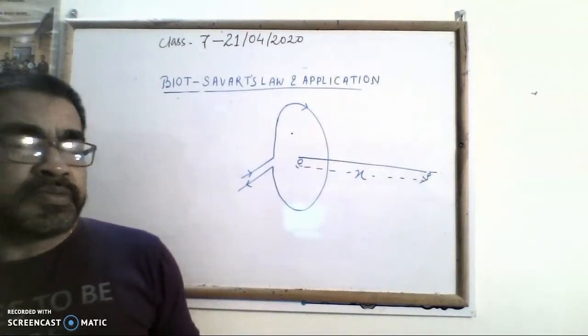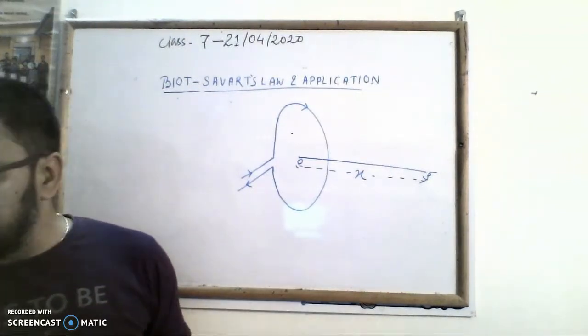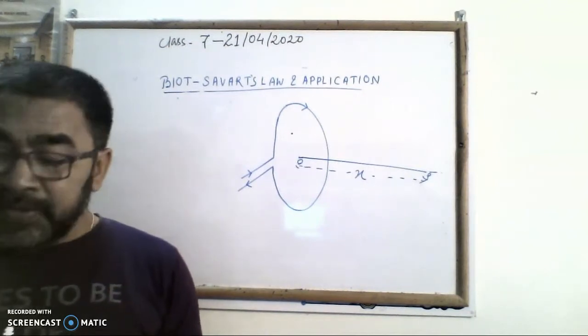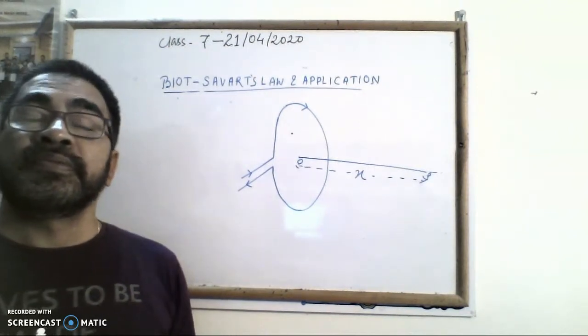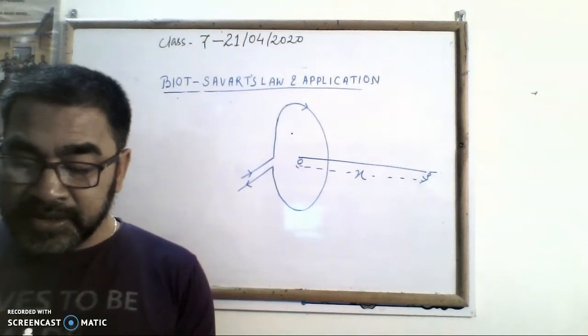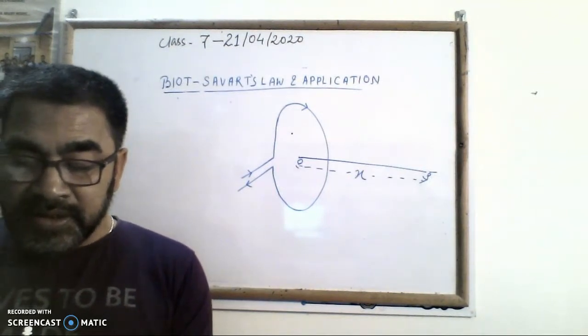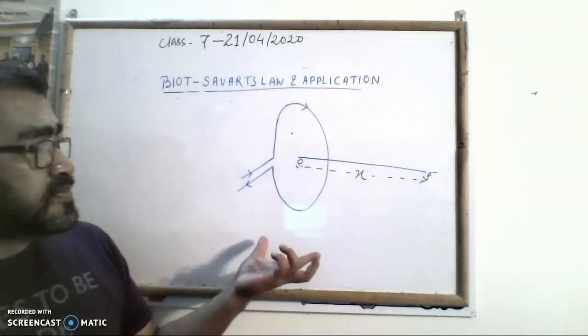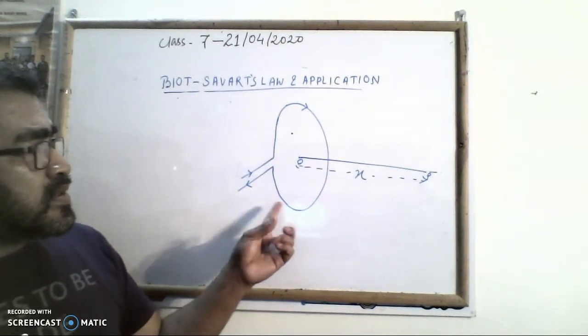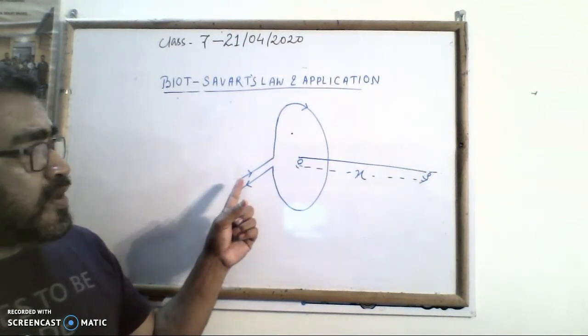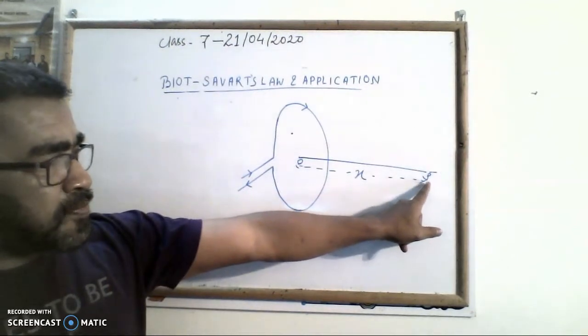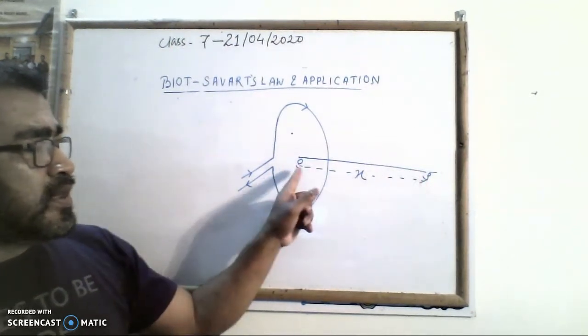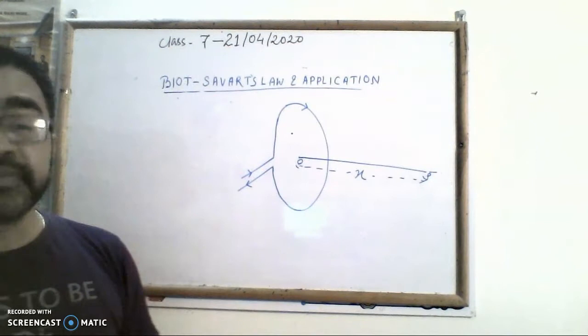Welcome all of you to the second application of Biot-Savart's law. The first application I have discussed in an earlier session. The second application is to find out the magnetic field at point P on the axis of